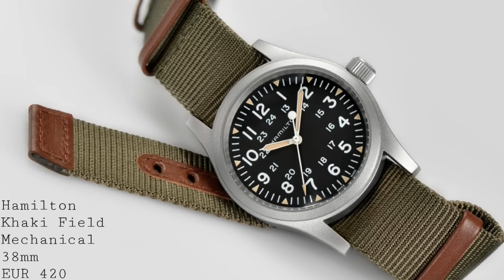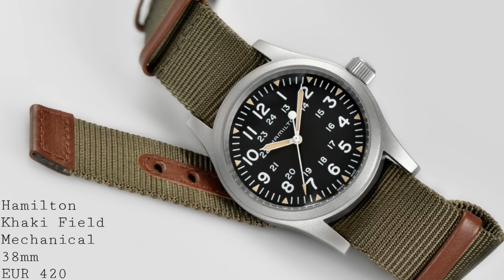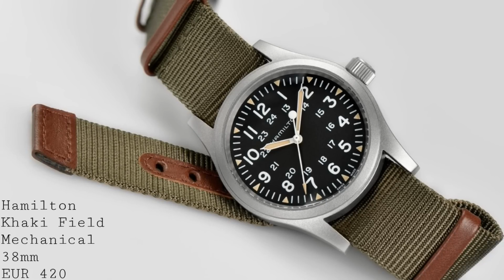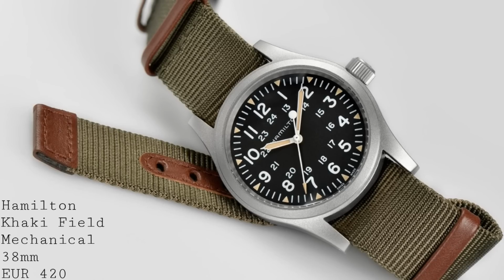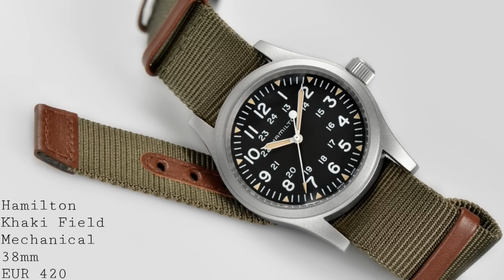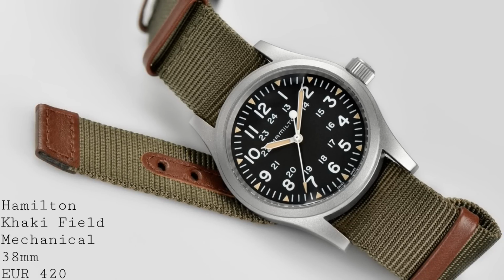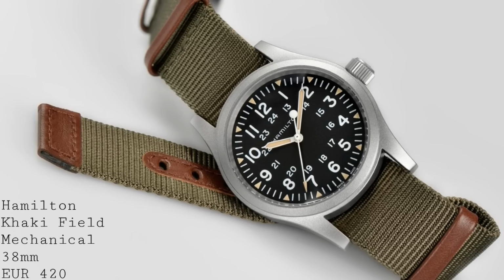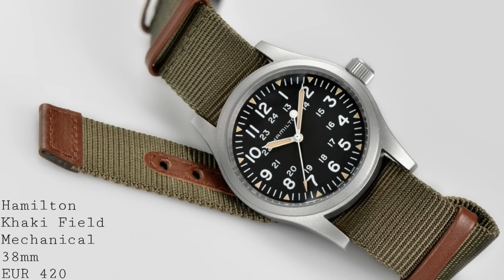And it is unmistakably extremely legible, with the military time running around the inside of the dial, and these cream luminescent hands, which I think work very well, and of course a luminescent colour is something very personal in terms of what you like, but I think they've really done a very good job here. Then the crown is nice and large, which is something I appreciate, because this watch houses an ETA 2801-2, which